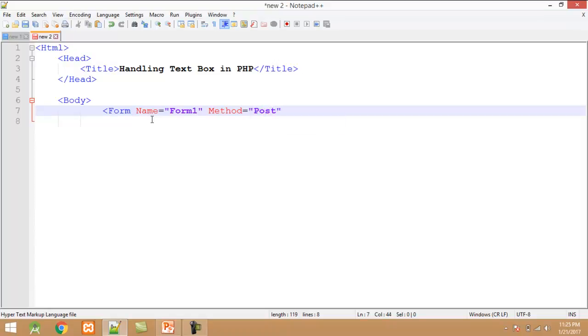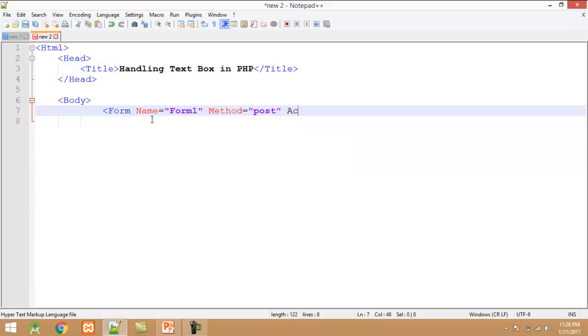If we use post, all the forms data will transfer in the encoded format. If I use get, all the forms data will transfer as a part of URL. In this example I use the post method.